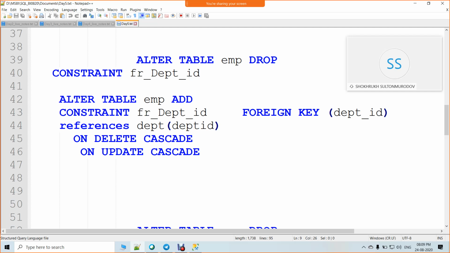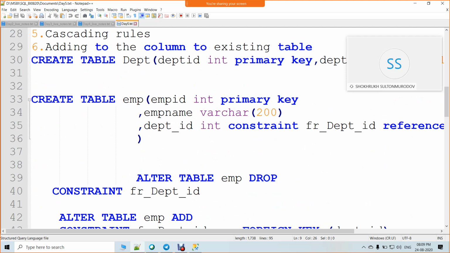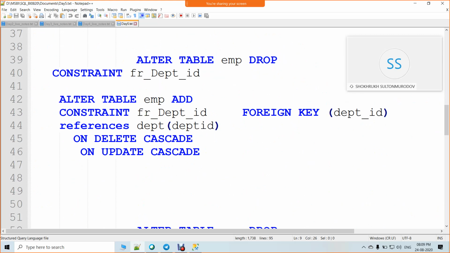But when you apply a cascade rule, like on delete cascade and update cascade, it means automatically whenever you delete from your department table, the child also will be deleted, employee also will be deleted. When you say on delete set null and update set null, it means when you delete from your department table, automatically your employee table values will be set to null.